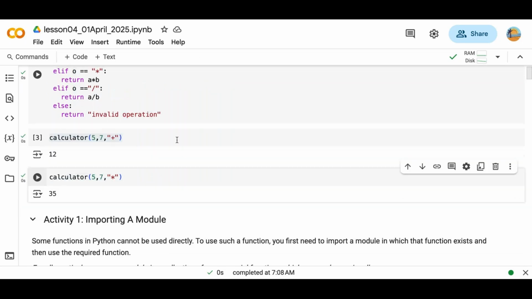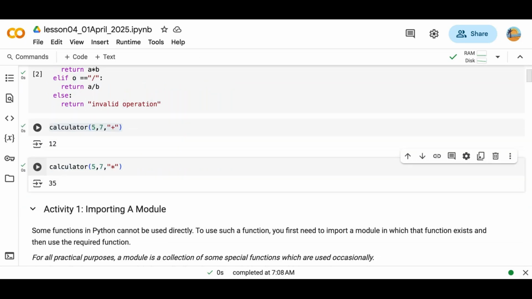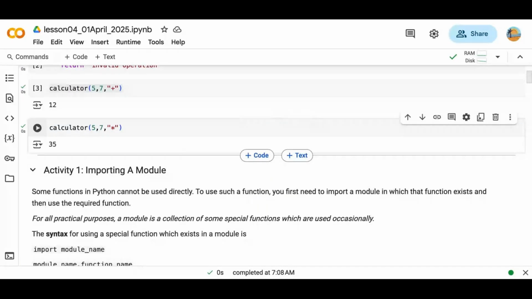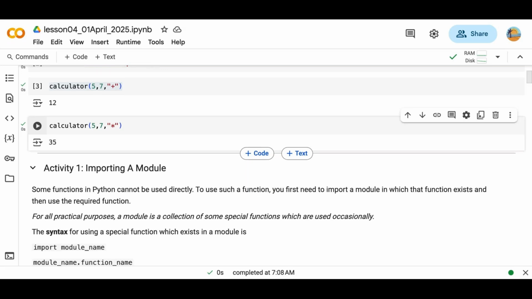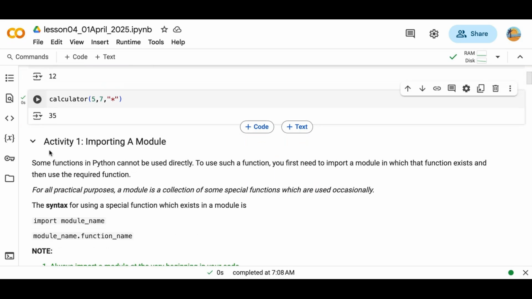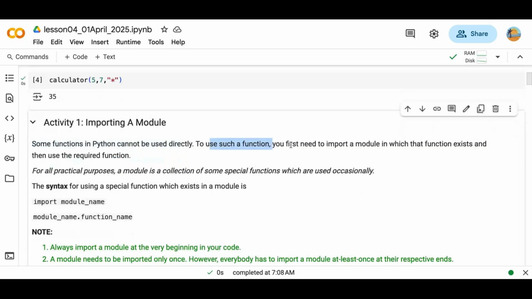so then let's start with what is a module. Till now, whatever functions we have used, like the print function and input function, we didn't use any prefix to it, right? We didn't import a module or something else onto our laptop and then use the function. We directly use the print function and input function. There are some functions in Python which cannot be used directly. To use such a function, you first need to import a module in which that particular function exists